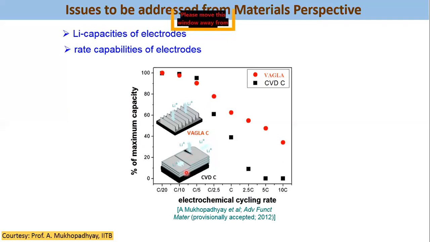as compared to non-engineered graphite film, the rate capability at higher C rate will be very, very low. But if you engineer your material, like say you vertically align the graphite, then what will happen is your lithium can easily go inside the layers, and so at higher current rates, the charge storage capacity will be significantly higher.